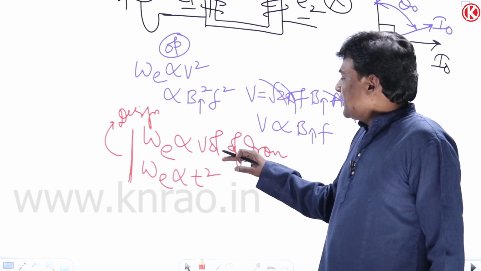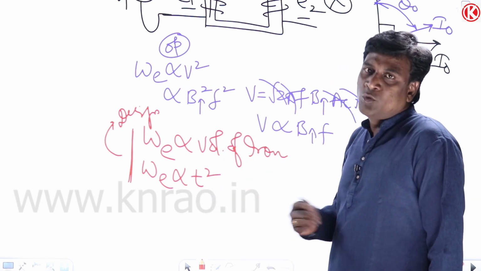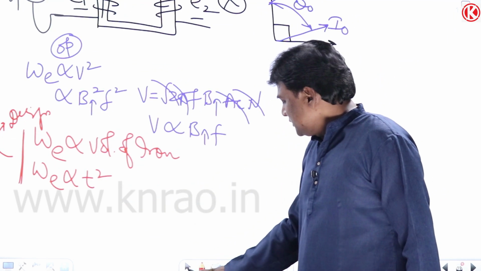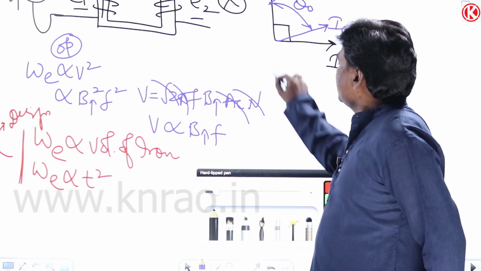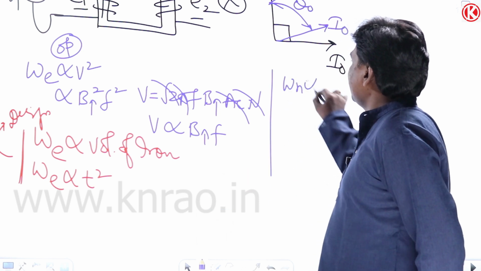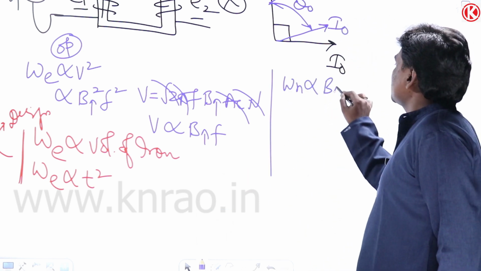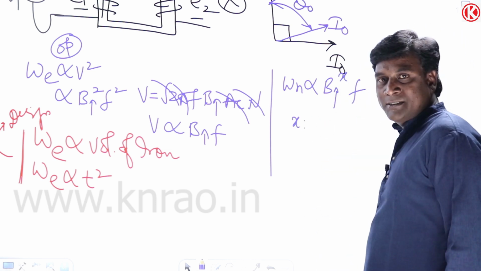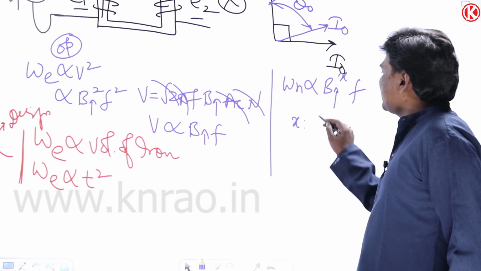Okay, volume of iron or thickness of laminations can be changed only by the design engineer. This is going to be the case. Now let us think of hysteresis. Hysteresis loss is directly proportional to Bmax to the power of x into f. This x is called the Steinmetz constant. In practice it should be roughly around